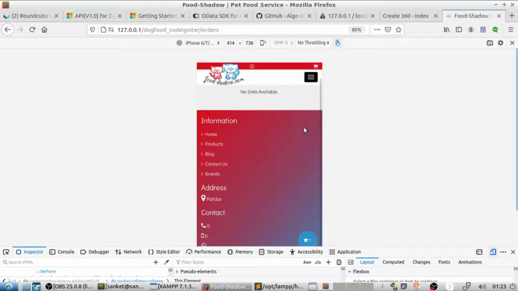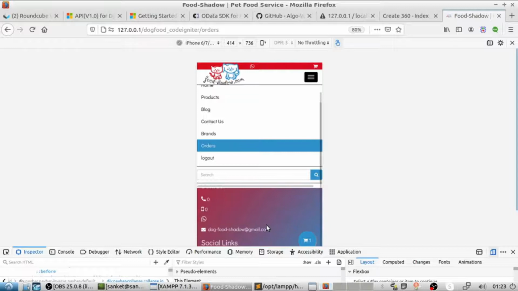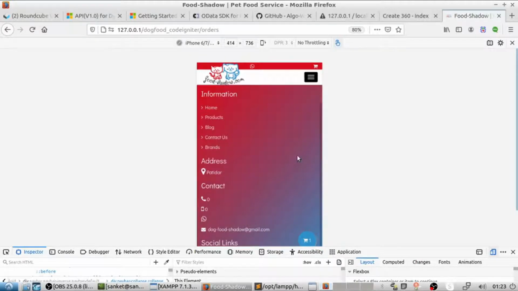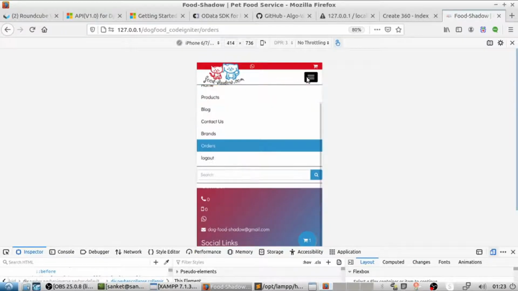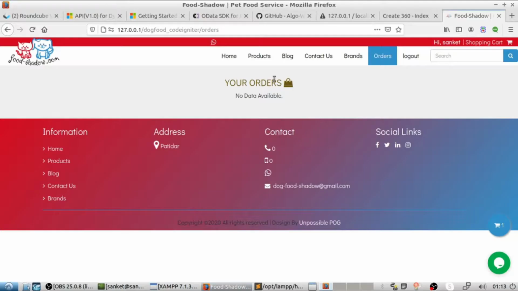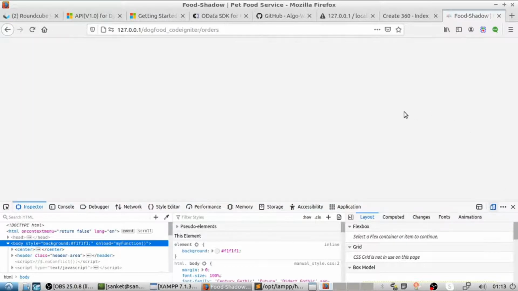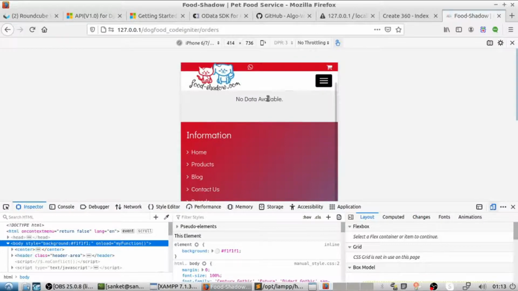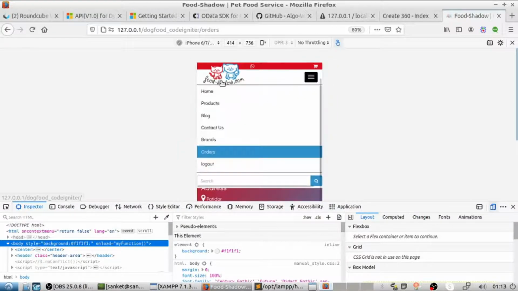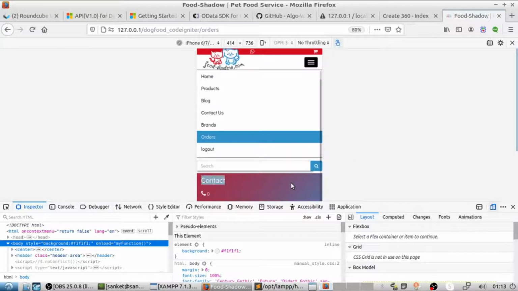Hey guys, in this video, I shall create a code in jQuery to hide Bootstrap's responsive navbar when user clicks outside it. I have created one Bootstrap page with navbar. When I convert user interface from desktop to mobile version and click on hamburger icon, the menu appears and same button is used for hiding it.